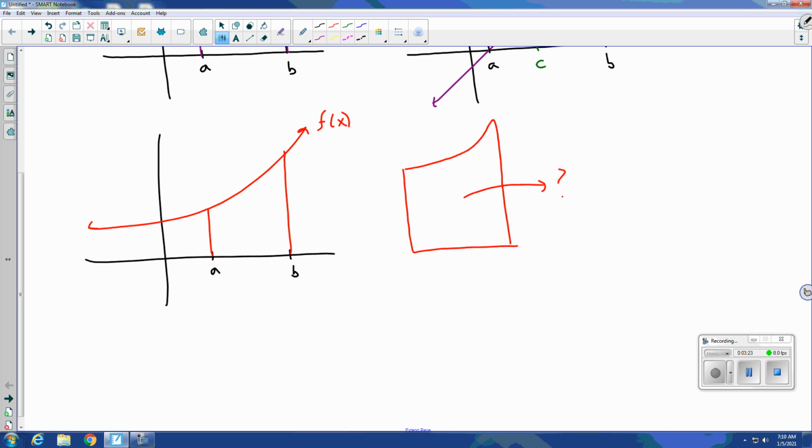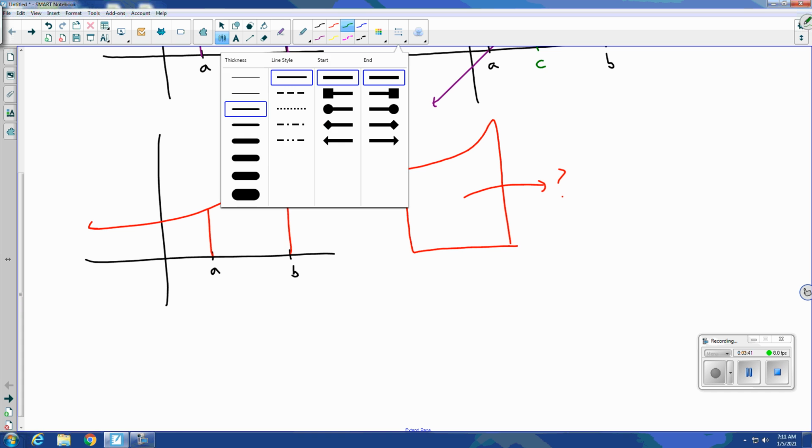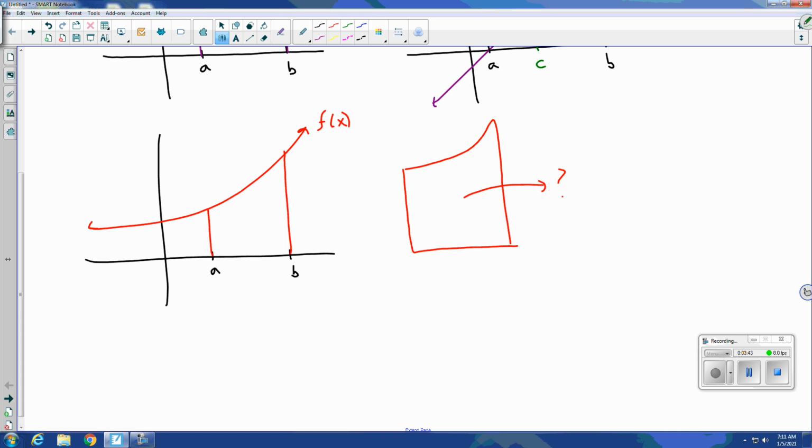Well, we can approximate the area by using shapes that are familiar to us and easy to calculate areas for individually. So it would be a wise option to break down this shape into little rectangles and calculate the area of the rectangles to get an approximation. So to show you what I mean, let's say I take the interval from A to B and we use 4 rectangles